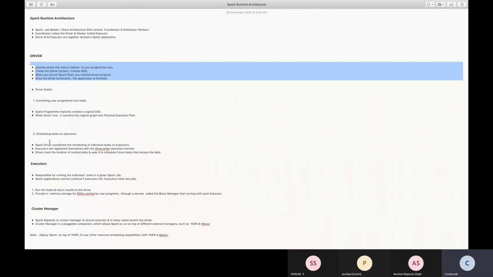Clear? Then write the executors, then write the cluster manager. I'll give you the details of exactly how it works.